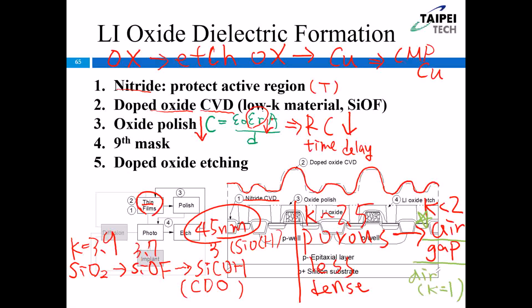OK, so this slide I just want to show you how we can use low K material. SiOF we don't use right now, it's from a very long time ago. And then we need to use the CMP. Why do we use the CMP on the outside? Because later we need to do the etching, so when we want to use the photolithography, we need